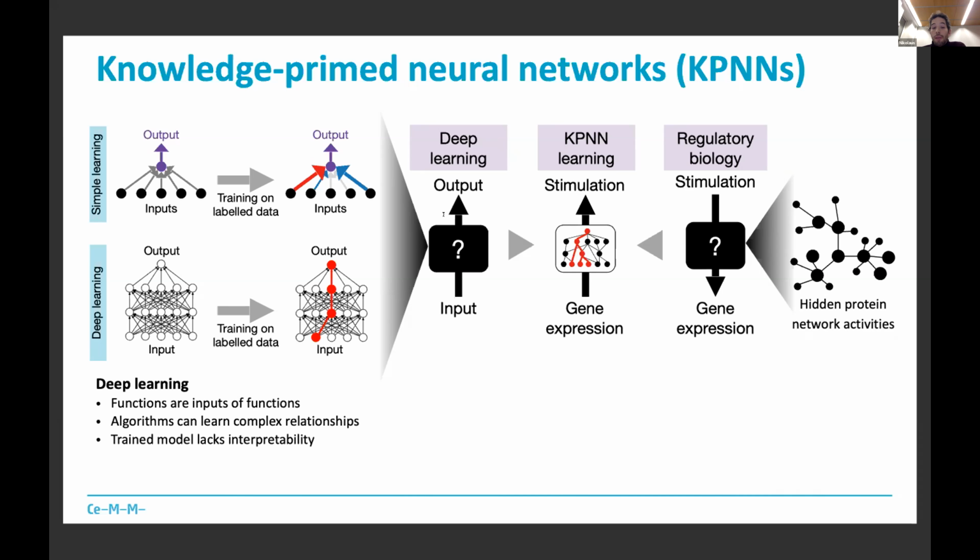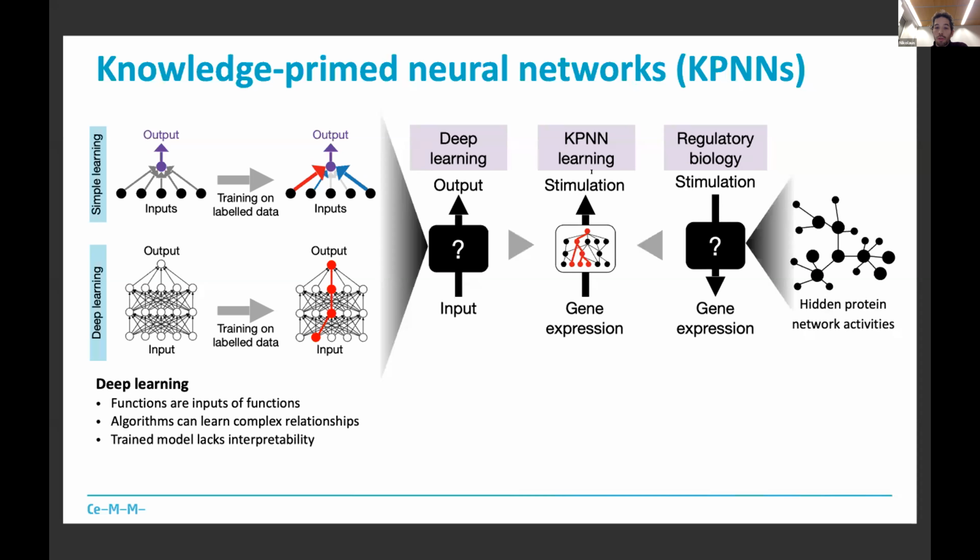And so this reminded me of this analogy of regulatory biology, where we stimulate a cell, for example, and then there is something that happens in the cell and that leads to changes in gene expression downstream. And what happens in between are protein signaling networks where proteins interact and ultimately reach transcription factors which change gene expression. And so the idea behind knowledge primed neural networks is that we combine the two, that we use gene